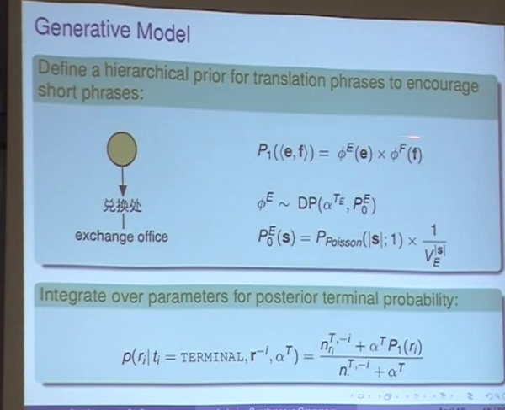So what this equation here means is that we're going to back off, P1 means our back off distribution is going to be a product of the frequency of the source side times the target side. So at the top level we're going to look at how often we've seen these two phrases as a translation unit, and we're going to smooth that with how often we've seen the source and the target independently as translation units. So this becomes a hierarchical model. And this has now become something called a Dirichlet process.